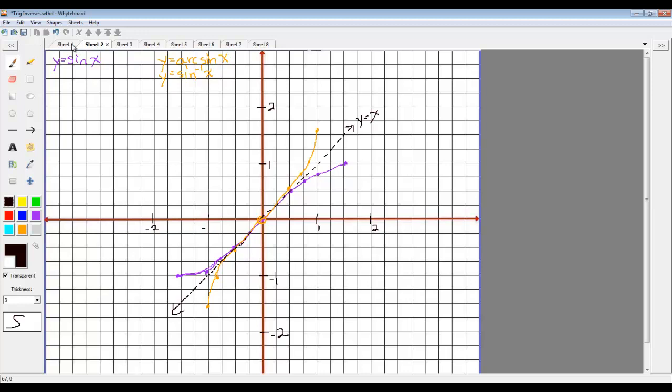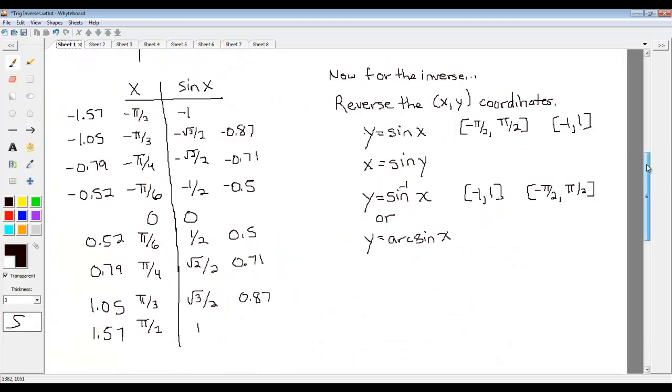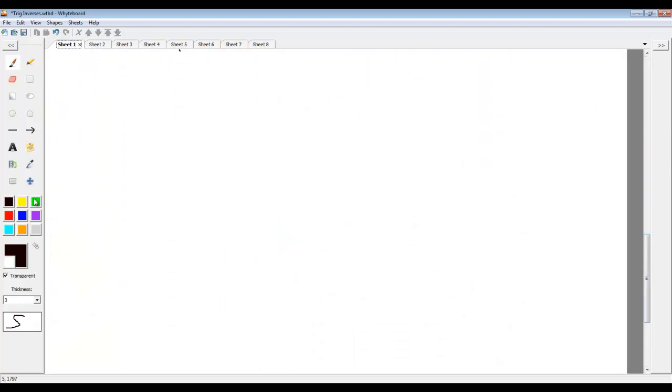Now, what can you do with that knowledge? Well, let's say you're given a problem and they say find the inverse sine of square root of 3 over 2. Okay, so let's say the inverse sine of square root of 3 over 2 equals a. So I'm just making up something. So basically, the sine of a has to equal square root of 3 over 2. So you're trying to find a,